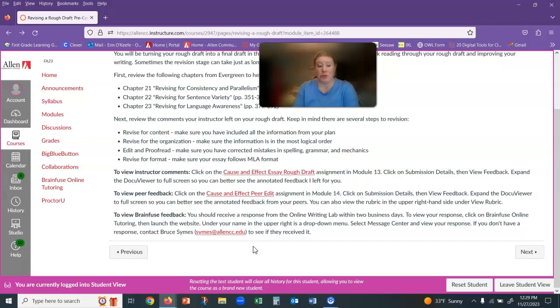If you're having trouble viewing it, remember, you can always take the file that they sent you back, the one of your essay with all the letters and numbers in it, download that, and upload it into Canvas. You have that assignment in Module 14. Often when students go into that assignment in Canvas, submission details, view feedback, expand the DocuViewer, they can actually see the response annotations a little bit better. And so that might be an option.